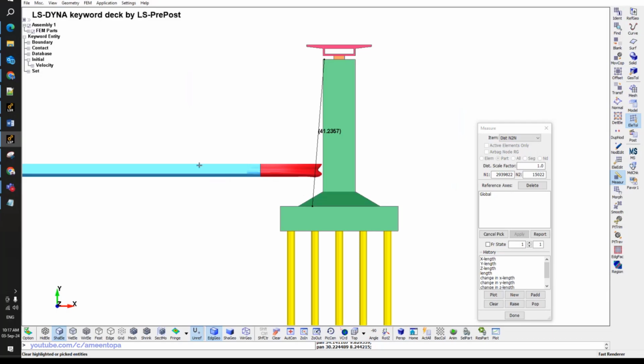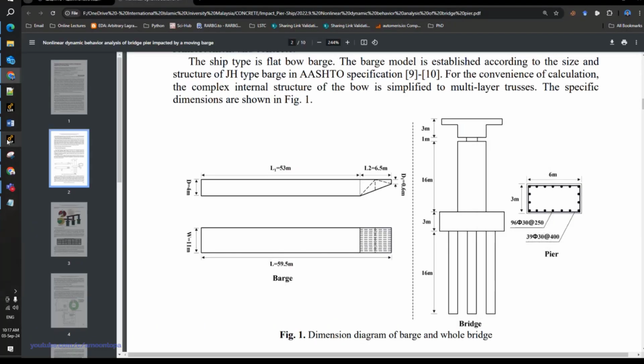So I think we cannot use this pile and this foundation and this sphere, because I think the dimension is different. So what I will do is draw everything again on this model. Okay. So here we have,